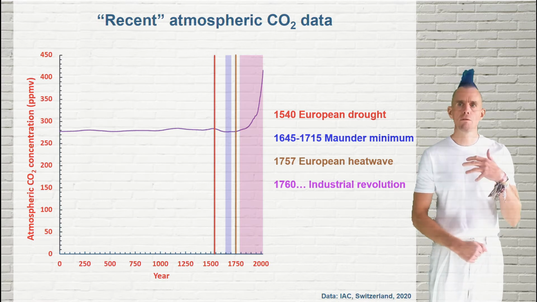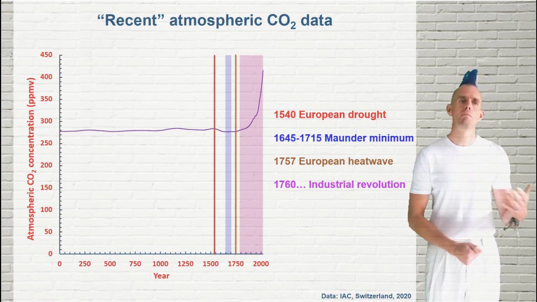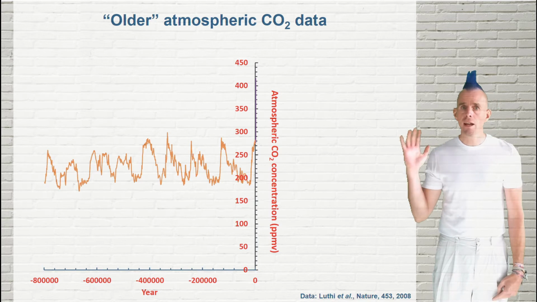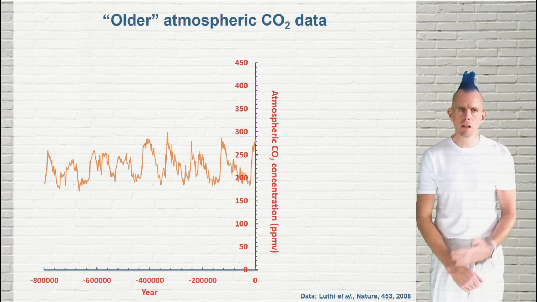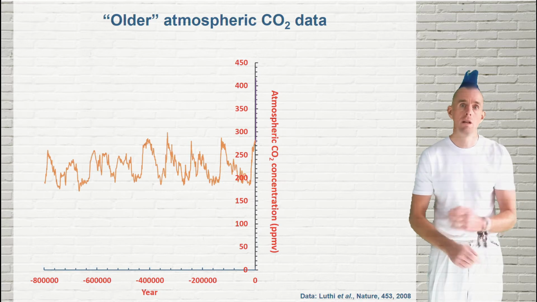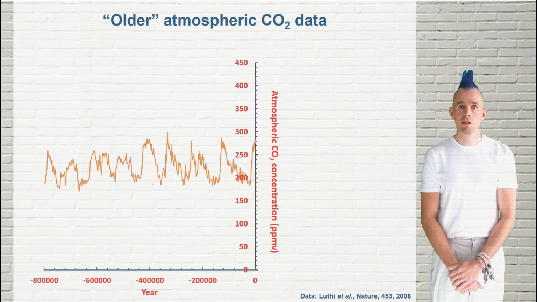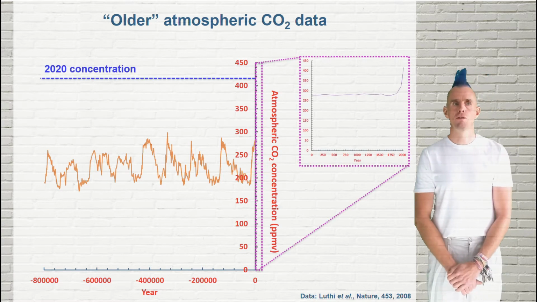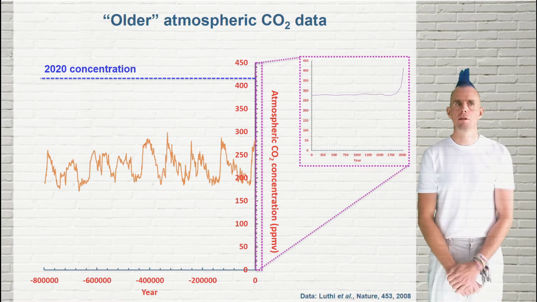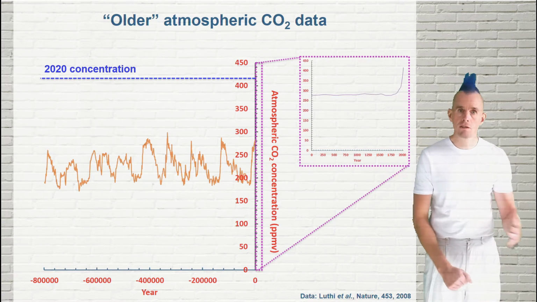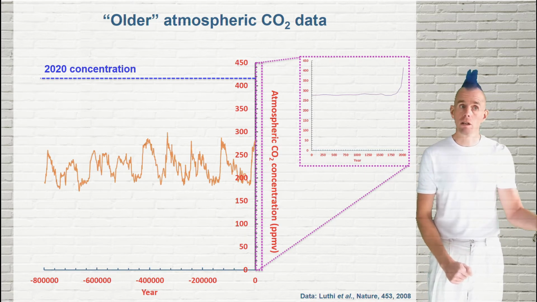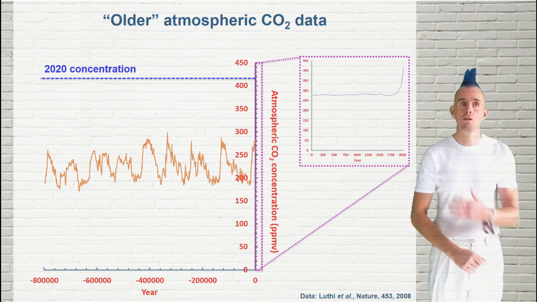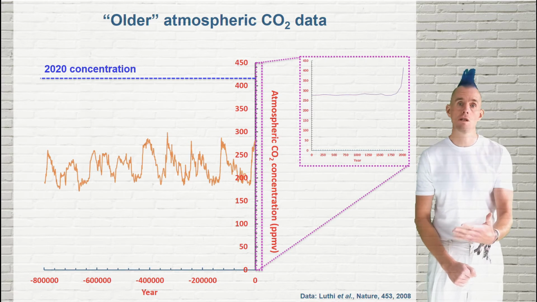But in order to assess whether or not it really is a lot, we need to look far back into geological timescale. So, on my display now is the last 800,000 years on planet Earth. The last 800,000 years again is a small timescale in geological terms, but it tells us a very interesting story. Now, the line I'm putting up is the 2020 carbon dioxide concentration, 407, 408 parts per million. We can see that quite consistently for the last 800,000 years and longer, carbon dioxide levels were a long way below that. In fact, the baseline over the last 2,000 years is actually quite a high concentration in this data